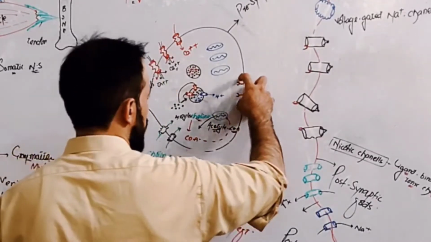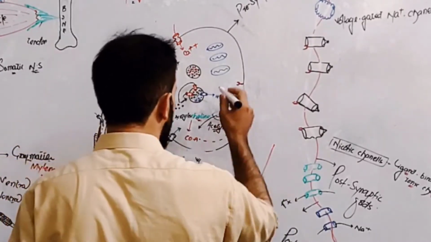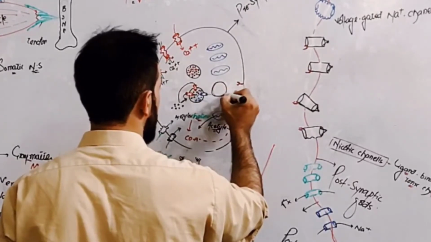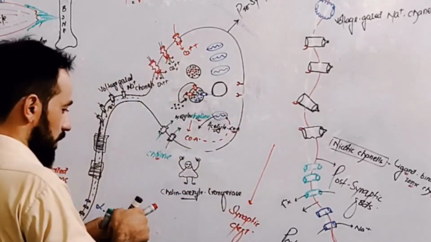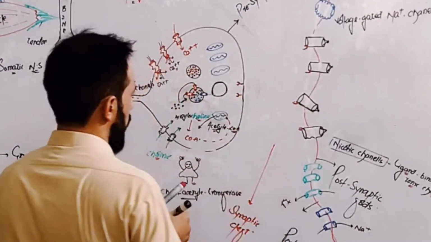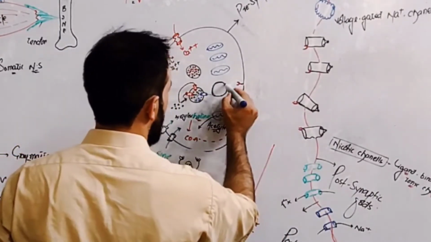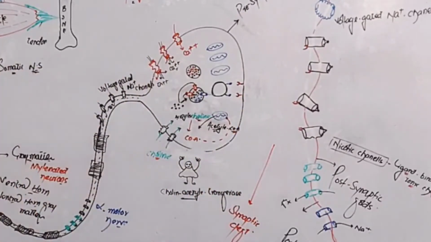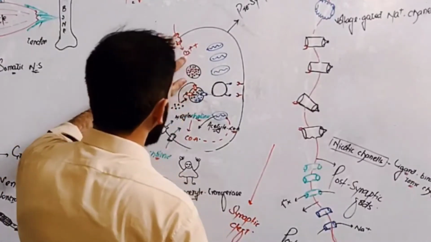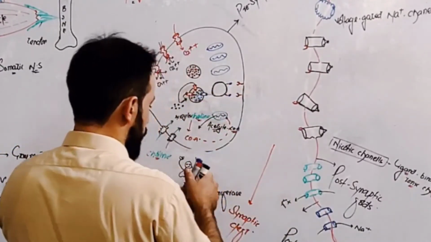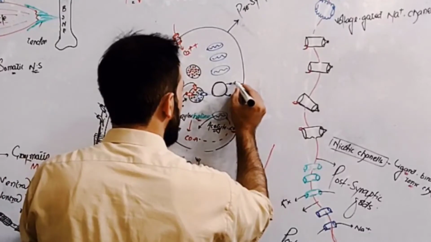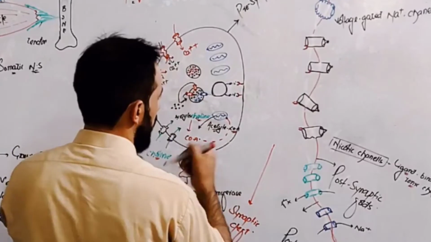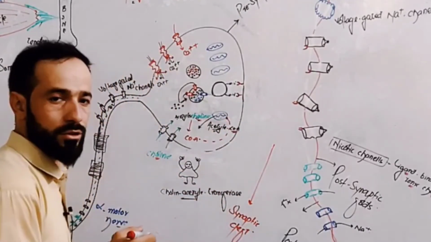Now look, these proteins, and on the vesicle, which contains acetylcholine, there are also some proteins present like this, right? Now what will happen? Calcium will come and bind these two. Calcium will interact between them. As calcium is positively charged, and this area is negatively charged and this area is also negatively charged, they